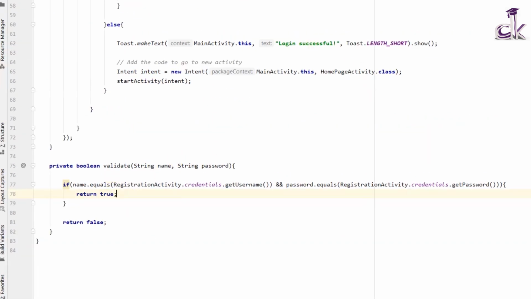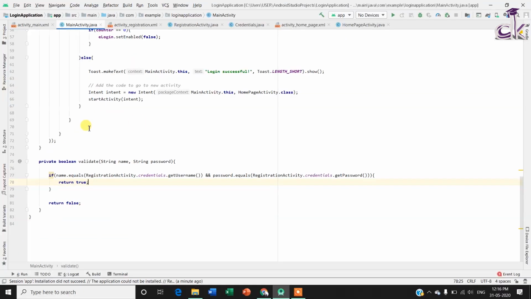But one thing you'll notice here is that although we have added all the code for registration activity and added the credentials object from the registration activity into our validate, how do we allow the user to go into the registration activity? So that particular facility is still not available, and the first activity that opens is the login activity. So you need to create some sort of a mechanism where the user can go into the registration activity. So for that